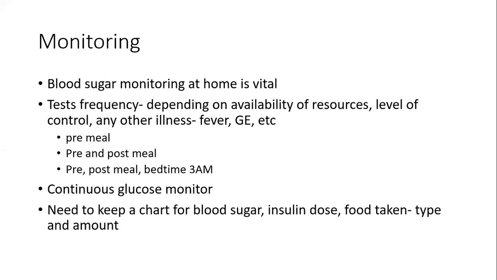Now, that regimen is for patients who are checking their blood sugar using the glucometer. Some patients may be using the continuous glucose monitor. A continuous glucose monitor is a gadget, you'll see the picture shortly, that we put on the arm of the patient. It checks the blood sugar every 5 minutes or so. And the newer machines will actually alert whether the blood sugar is going too low or too high. It's a very good system of monitoring the blood sugar, especially for those patients who are struggling to control,